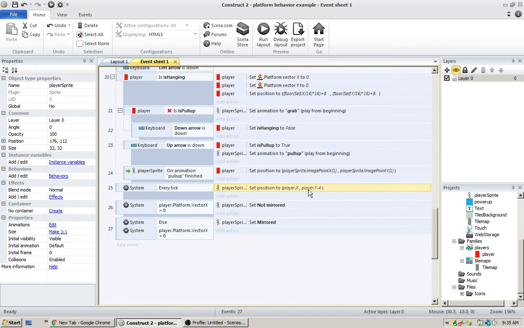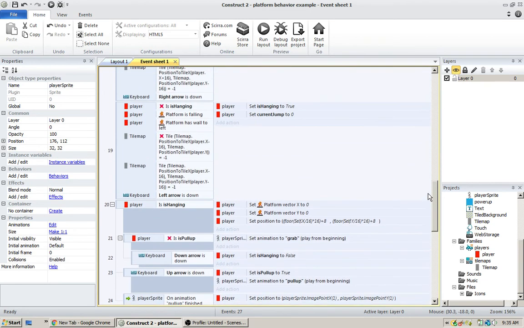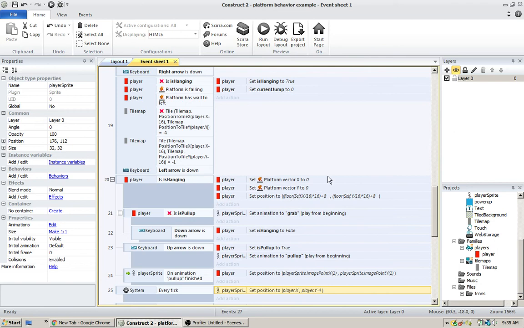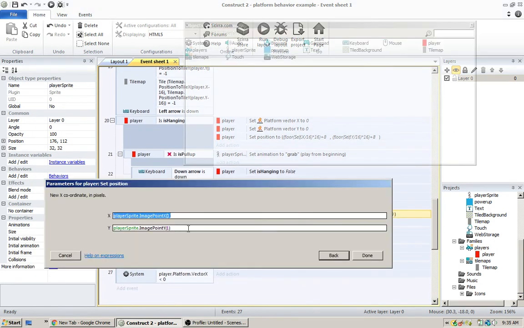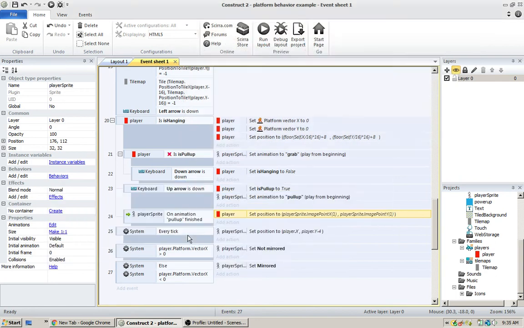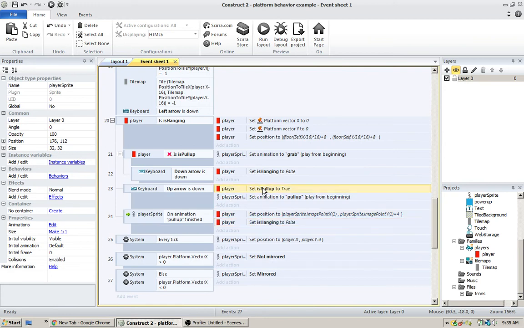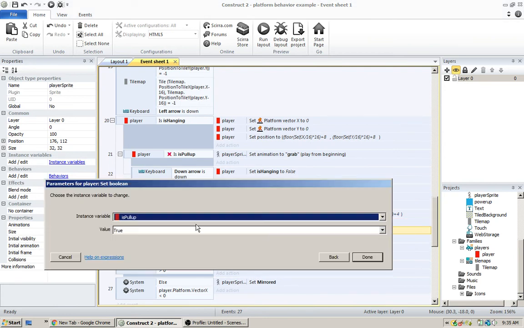See, we set the player y, set the player sprite -4, so that's 4 pixels higher than the collision box. So what we need to do when we reposition it is set the collision box +4. Okay, so now that's that, and then we need to set is hanging to false as well, is pull up to false as well too,